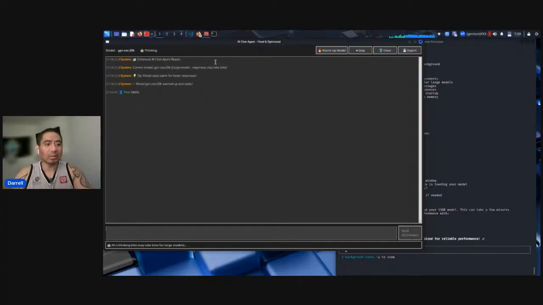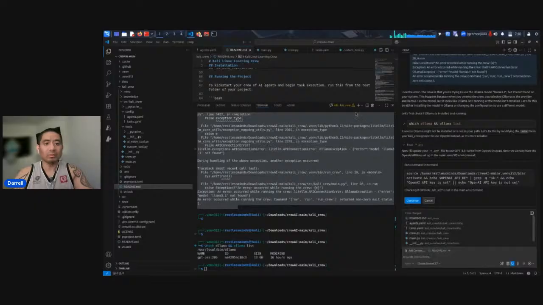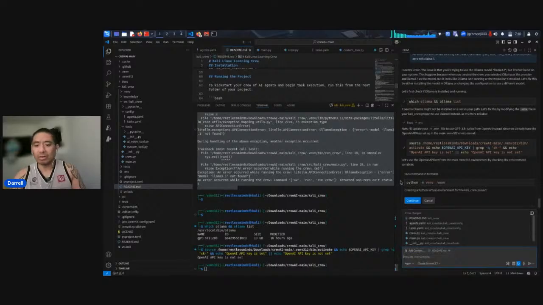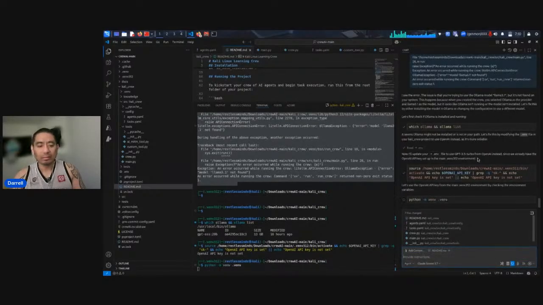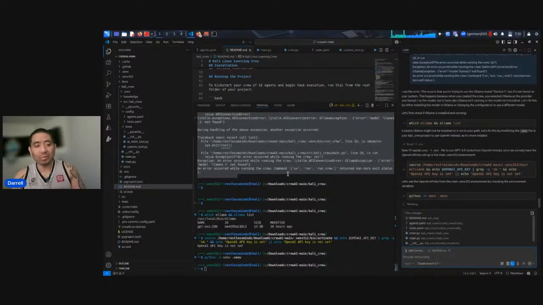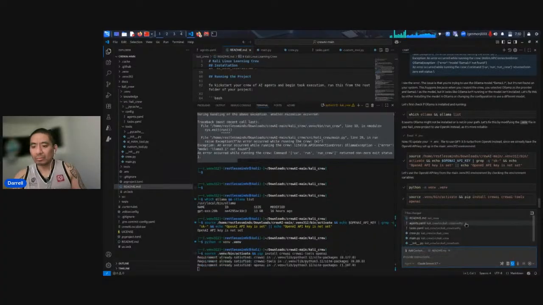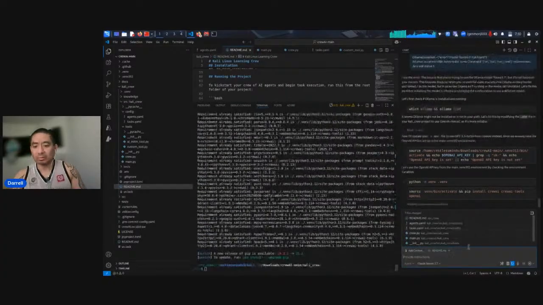So let's go back to VS Code and see what we can do to get this one running, which is the Kali crew. So I don't want to use any OpenAI. I want to use Ollama, that's what I selected when I created the crew. So it's redirecting me to OpenAI, which I don't want to do. I want to use Ollama. So I might just stop it and say, hey, I don't want to use OpenAI. Let's go ahead and do that.